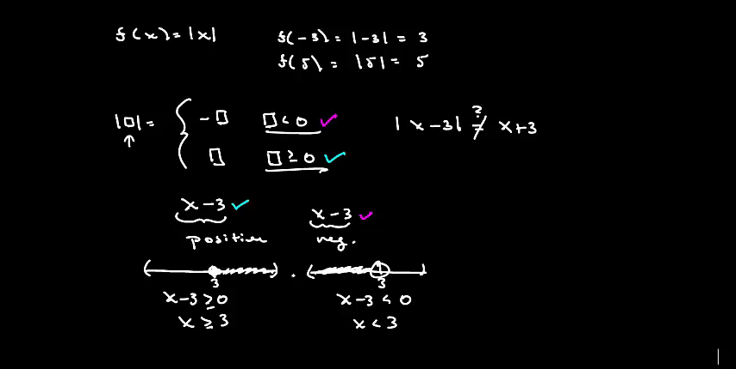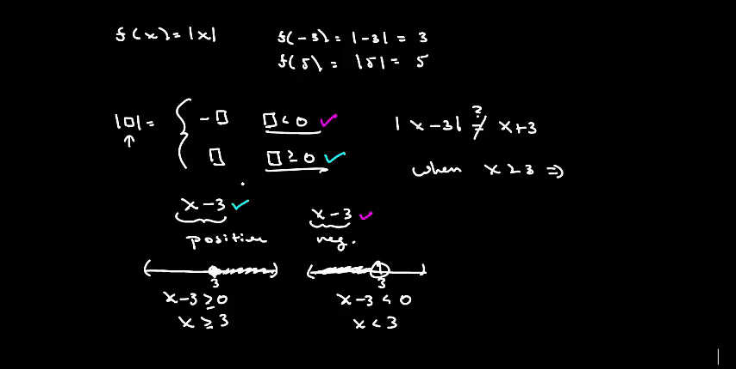Okay, so clearly these two sets are disjoint. They don't have everything in common. And they're on different sides. So here's how we write this. When x is greater than or equal to 3,